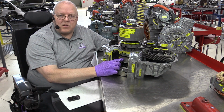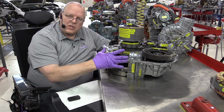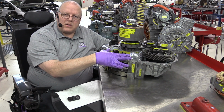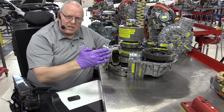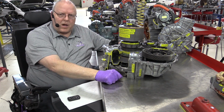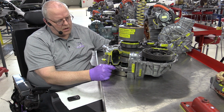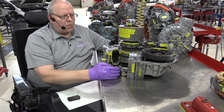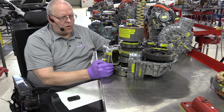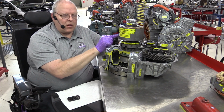MG1 is a generator, and the high voltage battery, which on the second generation Prius is at 201.6 volts, which is 72 volts lower. They took out 10 of those flat pack battery cells of 7.2 volts each and dropped the voltage down to 201.6 volts. When that battery voltage starts to get low, it's bumped up to the 500 volts to help drive MG2,